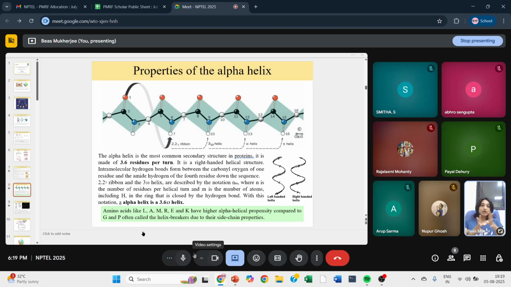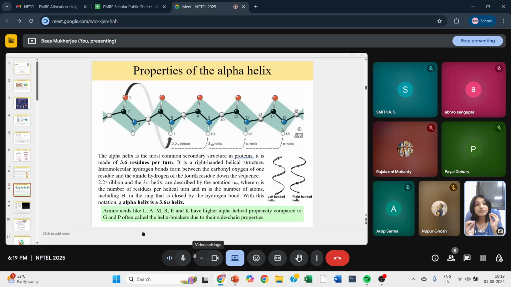Now, coming to an alpha helix, some amino acids are naturally capable of forming alpha helices very easily. Some amino acids are not very good with forming alpha helices. For example, glycine. Now, glycine does not have a side chain, right? So it is very flexible. Plus, if we look at proline, proline actually bends the helices, right? It forms kinks in helices, and that is why it is not a very good helix former.